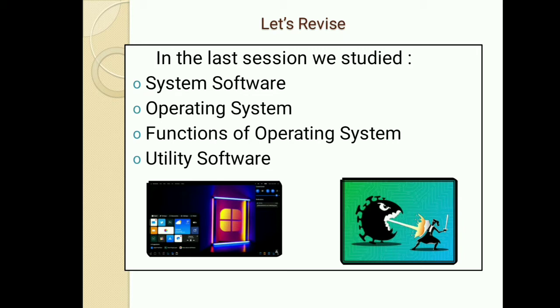Now system software is preloaded by the manufacturer of the computer. We cannot install the system software on our own. The second is operating system, which we can install, or nowadays in many laptops it is pre-installed by the company. Operating systems means like Windows operating system, Android operating system. Now functions of operating system. Last time we saw many functions of operating system, among which one of the most important was to control all the hardware connected to our computer, and also helps us to install the much needed application programs.